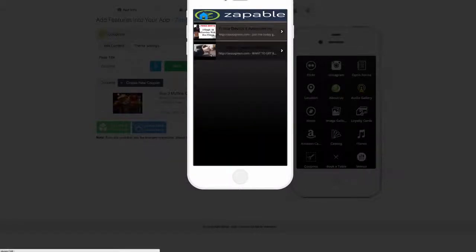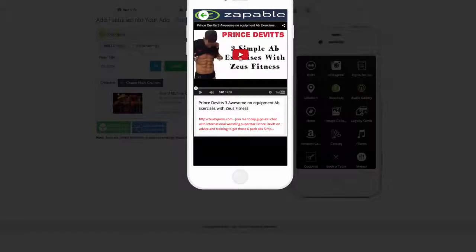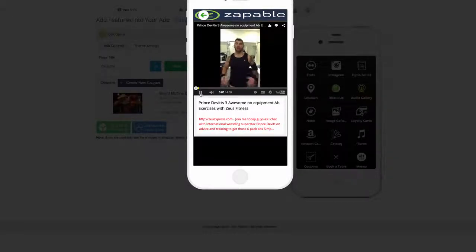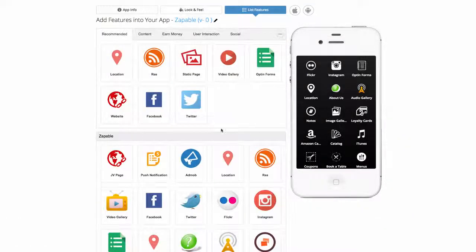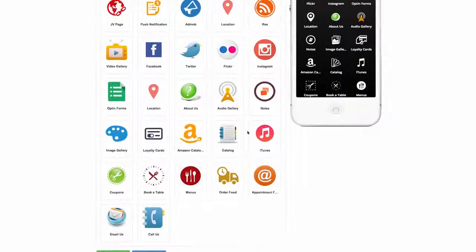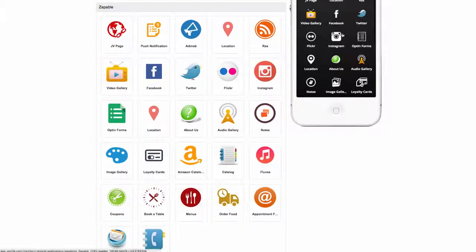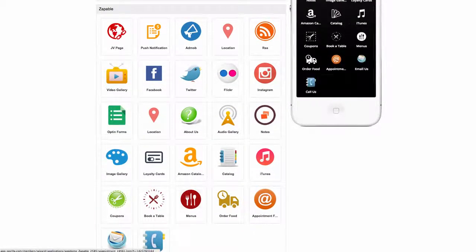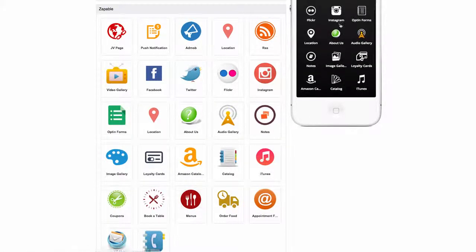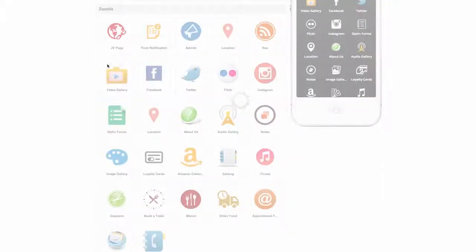Video gallery, again, very easy. I'll just show you. It'll display YouTube. Now on an application, this will turn into full screen. So I'll just give you a quick look at video. And you'll notice I've got a range of different icon styles. It's just to show you the kind of way that you can style your app. So in the video gallery,